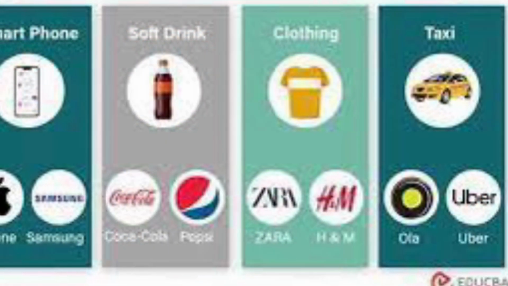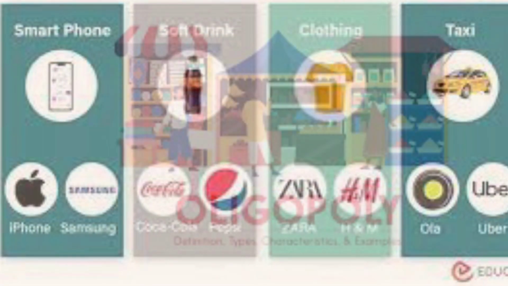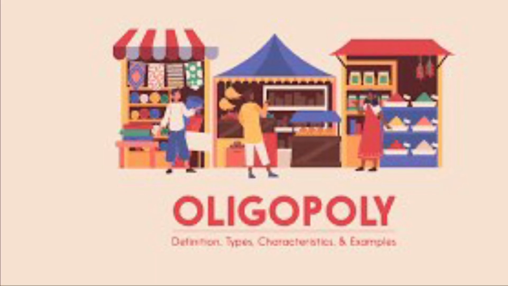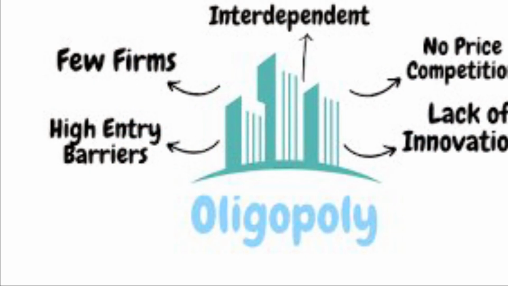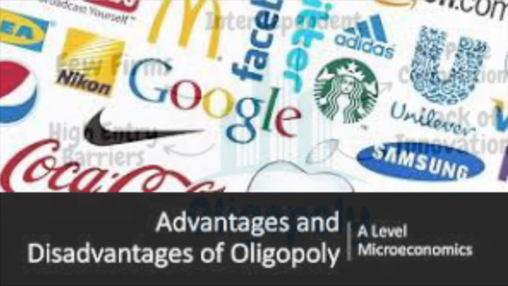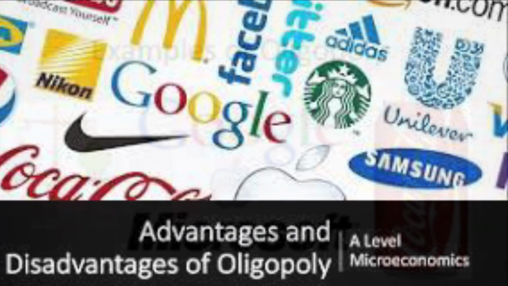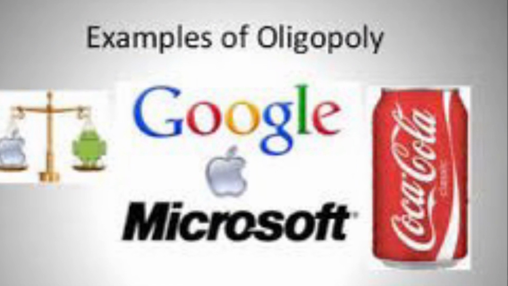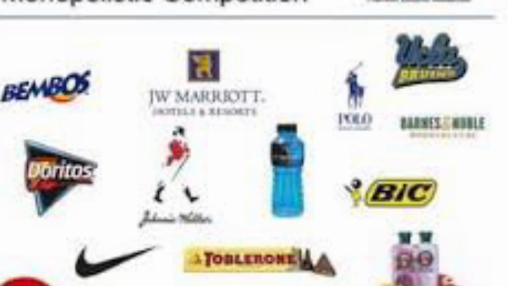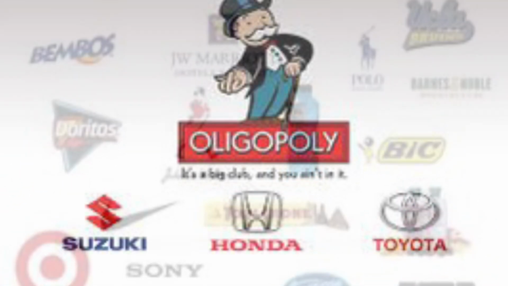The LFCE prohibits anti-competitive practices such as price fixing, cartels, and abuse of dominance. It also established the Federal Economic Competition Commission, an independent agency responsible for enforcing the LFCE and investigating anti-competitive conduct. The key provisions of the LFCE that address oligopolies include prohibition of anti-competitive agreements, prohibition of abuse of dominance,